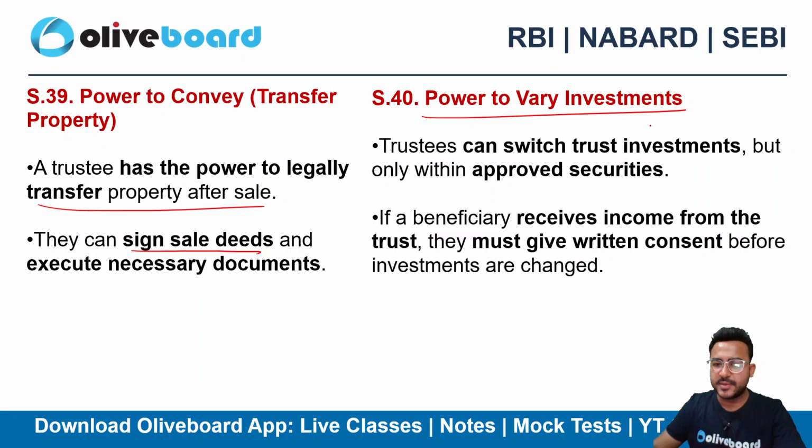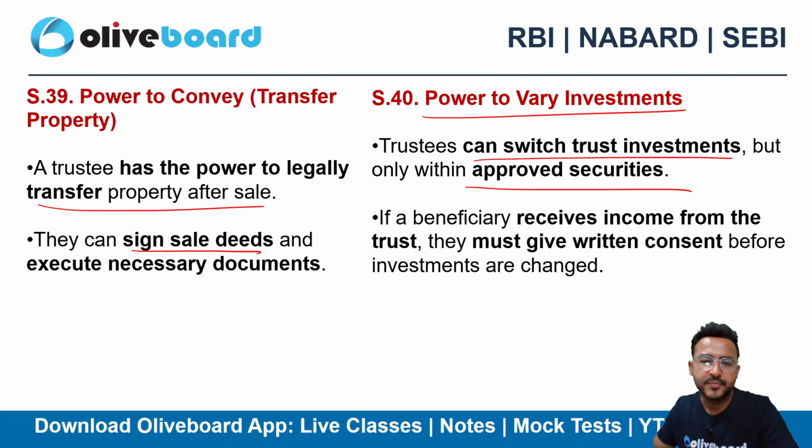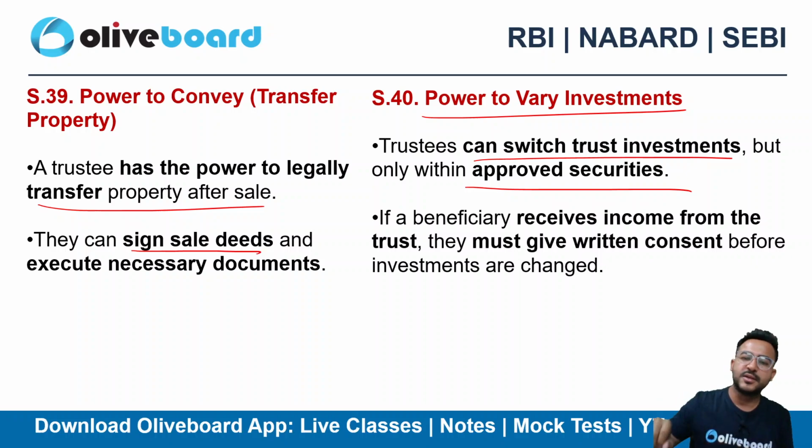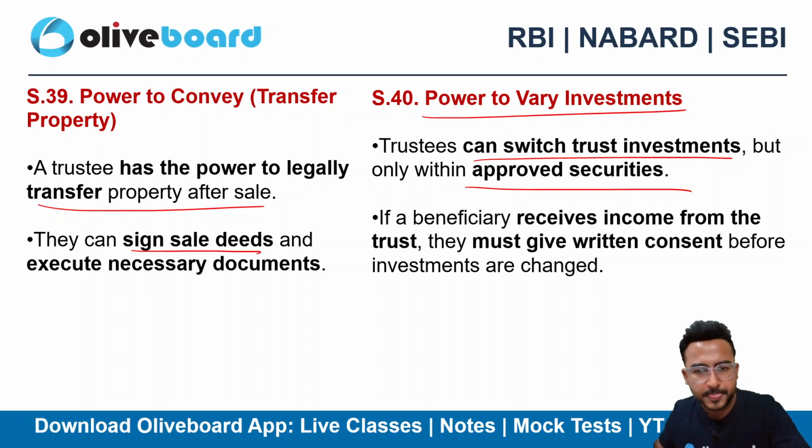Power to vary investments. Now trustees can switch trust investments but only within the approved category. So we have seen an approved category, right, section 20 वाली, उसमें हमने approved category देखी. Now the trustee can sell some assets. Let's suppose मुझे कोई state governments का कुछ bonds खरीद लिया. Let's suppose the trustee has bonds of state government. अभी समझ में नहीं आ रहा तो sell कर दिए. We can sell it. We can transfer it to some other asset class as well. But all these things should be happening in the approved securities. Only approved securities के बाहर you cannot go. Okay,